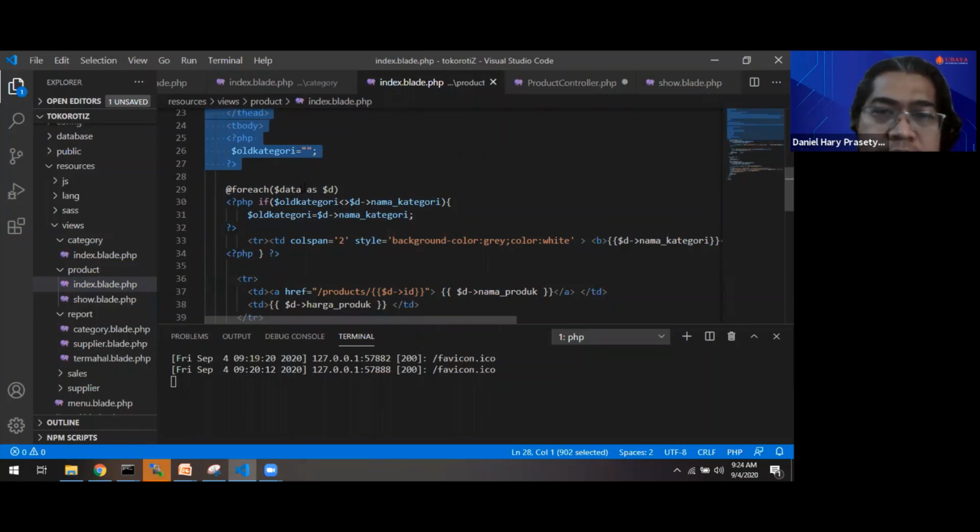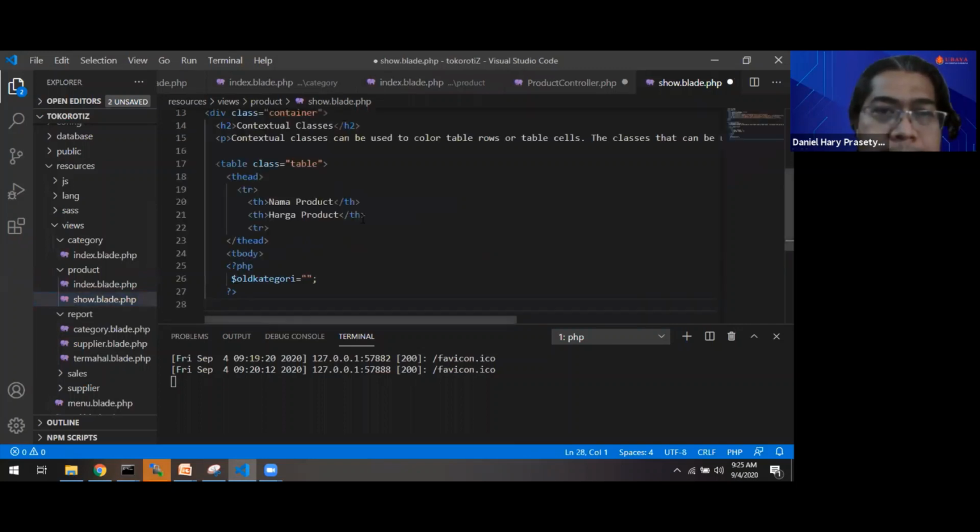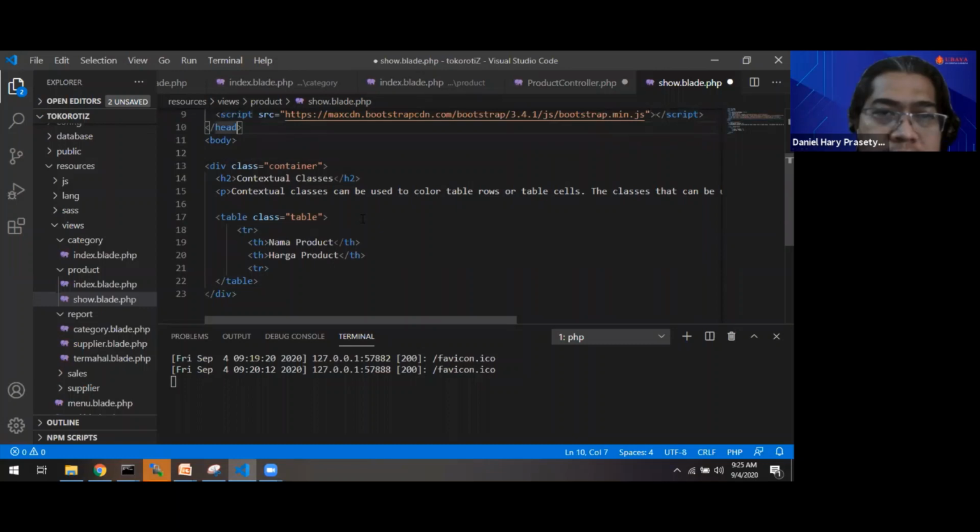So for example, if we need to get the name of the product, we directly use data name of product, nama produk. This table, this is the head. We will not need the head and the body. Say table. This is the div container. And okay.